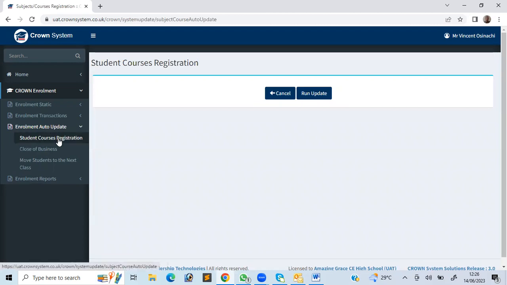Under enrollment auto update, student courses registration. Once you click on this run update, the system will go to each class, take the students in that class, keep them to one side, take the subjects that we have mapped to that class, then assign those subjects to those students